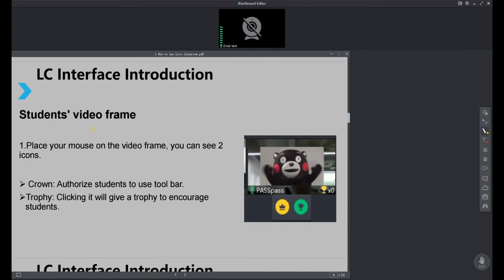And when you drag your cursor to the student's video frame, because as I said, this is the Blackboard editor, I don't have any student next to me. If you are in the real class, then your student video frame will be just next to yours. And when you place your mouse on the video frame of your student, you can see two icons. One is a crown, which means when you click this, you will authorize your student to use the toolbars here, but